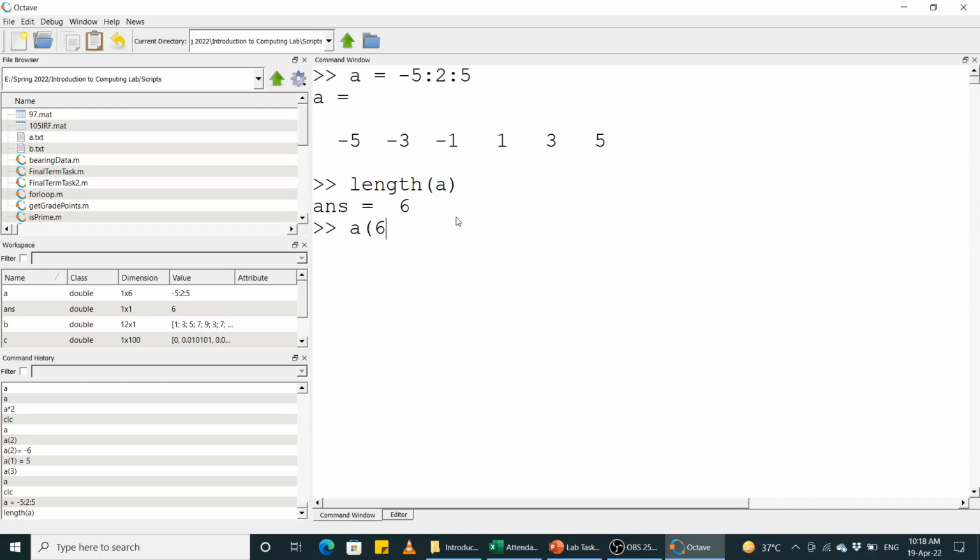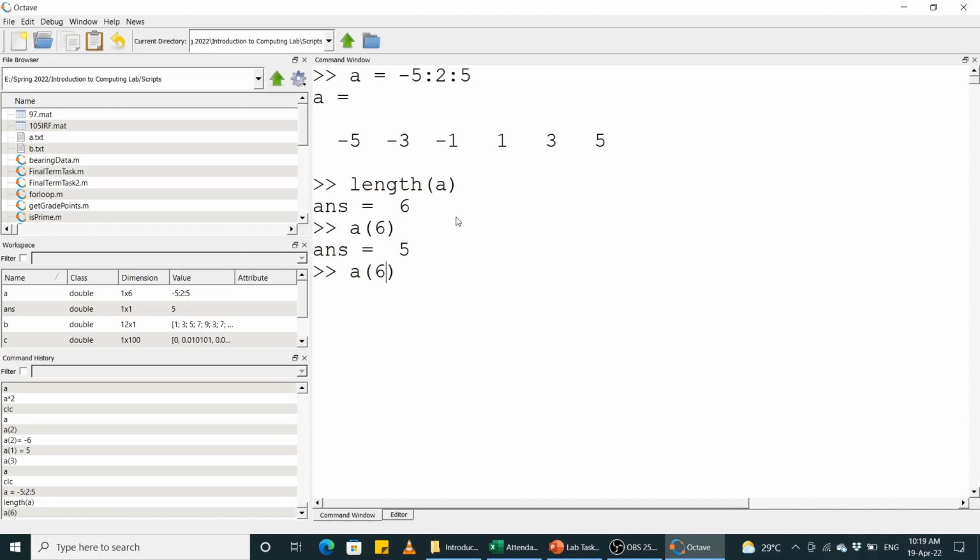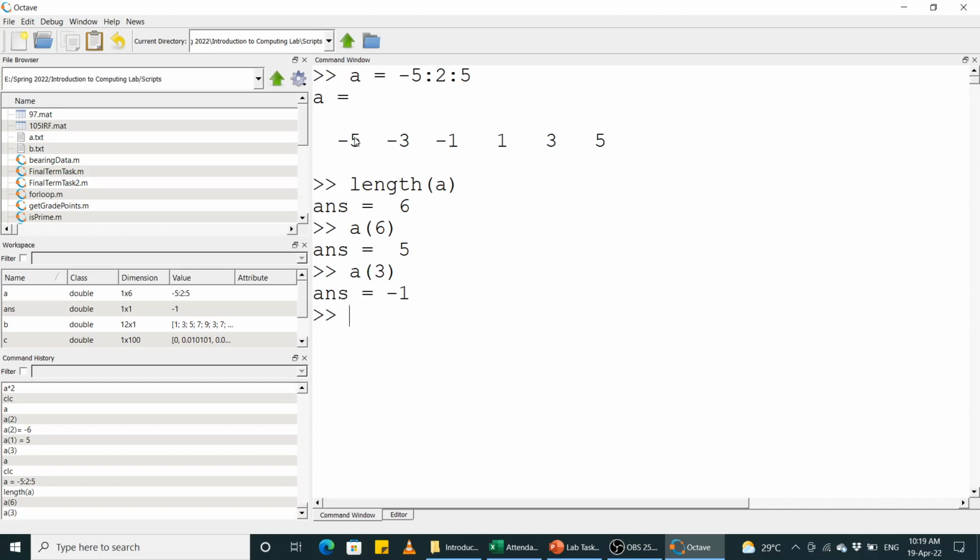6th index पे कौन सा element है? A6, 5, ठीक है। 3rd element at index number 3 वो कौन सा है? -1, ठीक है। This is element index 1 2 3 4 5 6।